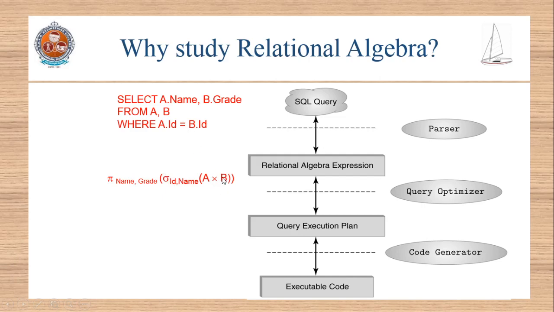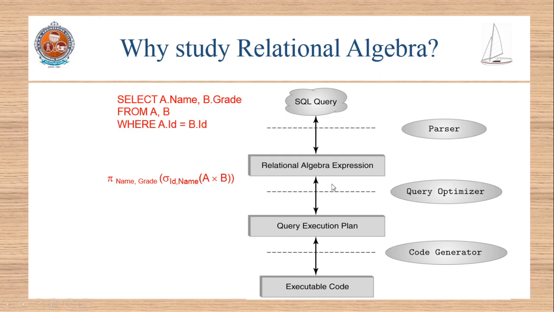We have to perform the join operation, which means here we have to perform the cross product or Cartesian operation. So initially we are going to perform the Cartesian operation, and from that we are going to retrieve the tuples with the condition where the IDs are the same, and then from those tuples we are just going to retrieve the name and the grade. This is what we have written, the relevant relational algebra expression.